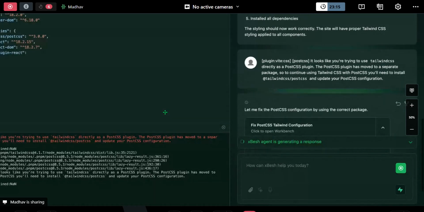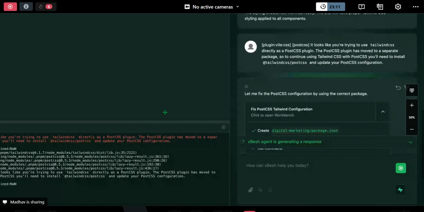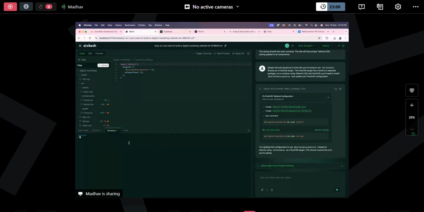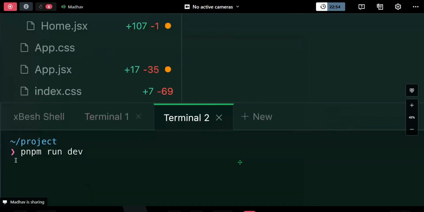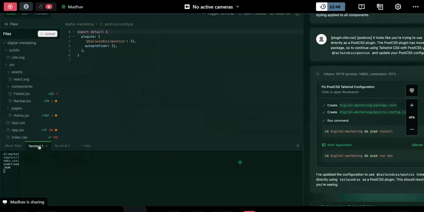These are the old terminals you have here, and you can open more. But anyways, if your project is not being started somehow and you can't see the preview, you can always use this command. This is just a quick hack for you guys. It is pnpm run dev. This is the command you can use to start your project. Once you start it, it will be started in the preview here, and you can just refresh it.